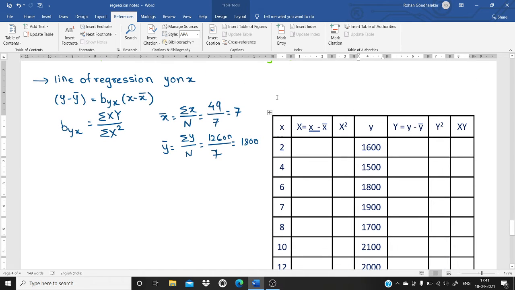Now look at this. If I calculate y minus y bar, suppose the first value is 1600 minus 1800, then the difference is minus 200. So my capital Y will be minus 200. And what will be the capital Y square? Of course, it is 40,000. If I'm having a 5-digit number for all these 7 entries, then if I take the addition, again it goes into lakhs. So I am dealing with bigger numbers in the calculation, and there may be a chance of mistakes.